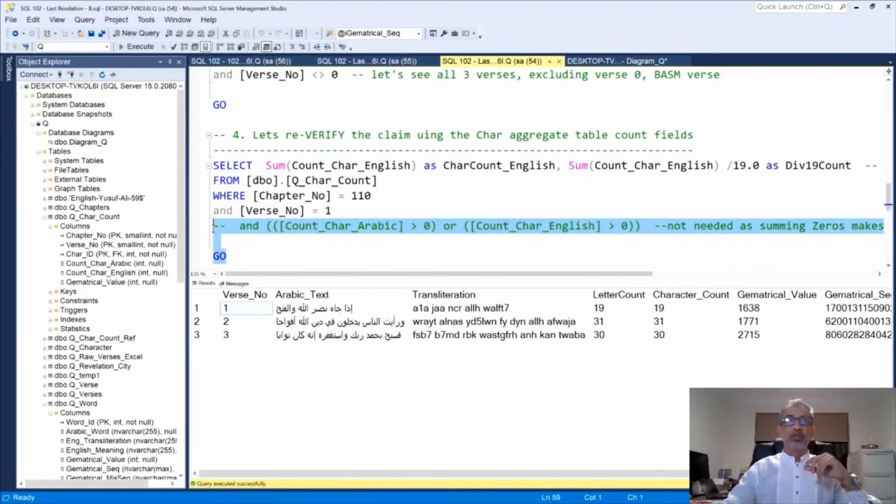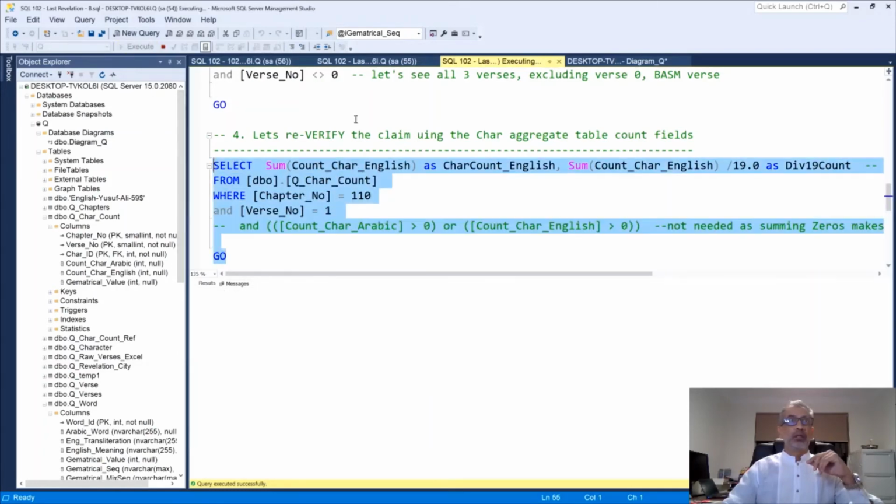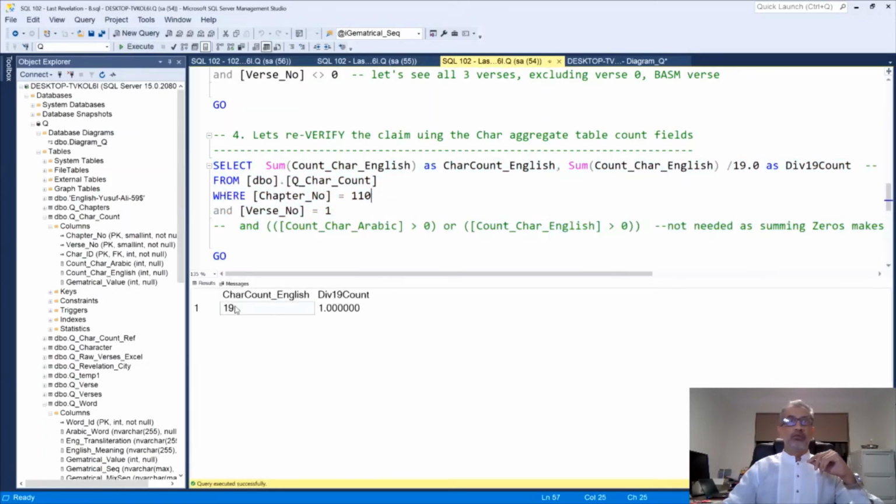But we'll run it on that as well to be sure of the count of the English characters, and in this case I've just used English, to show you that the number of characters is exactly 19, and it is obviously clearly divisible by 19. So that's it, done. What we'll do is switch back and wrap up